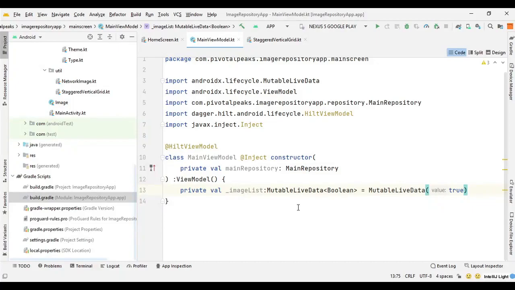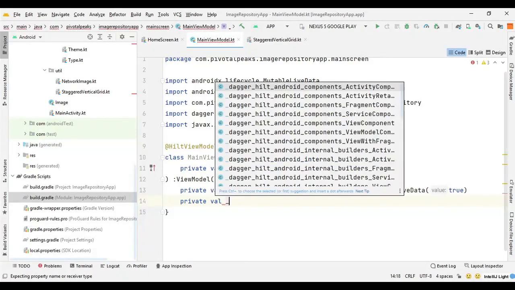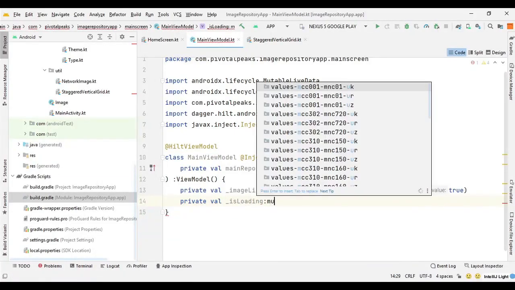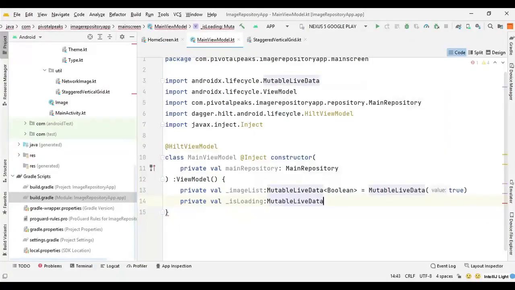So next variable we need is the loading variable. So we can say private val, underscore is loading, also going to be of type mutable live data, of type boolean, and then initial value we can set it to false.